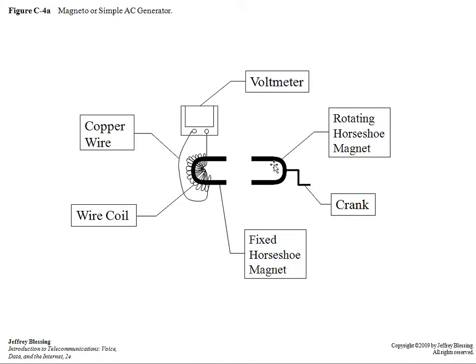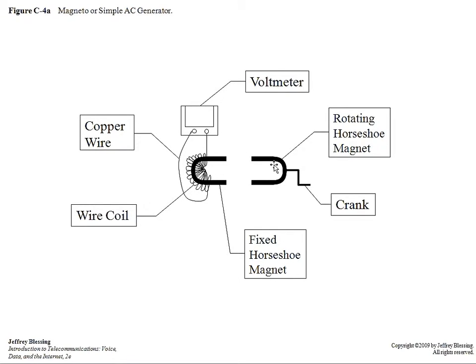The magneto device was such a device that early telephones had, because the mechanical turning of the crank generated an alternating current that would actually light a light at the central office, indicating that there was a connection requested, and the operator could then close the connection and be able to talk with the person in order to help them